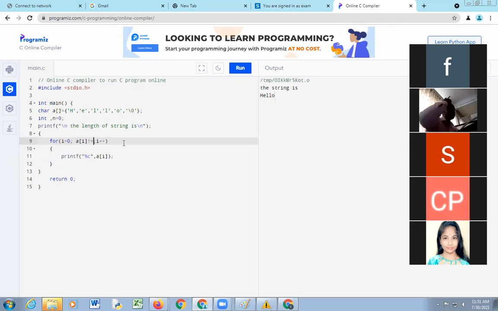So that's why here we are checking the 0th character is not equal to \0, the first character is not equal to \0, and so on.